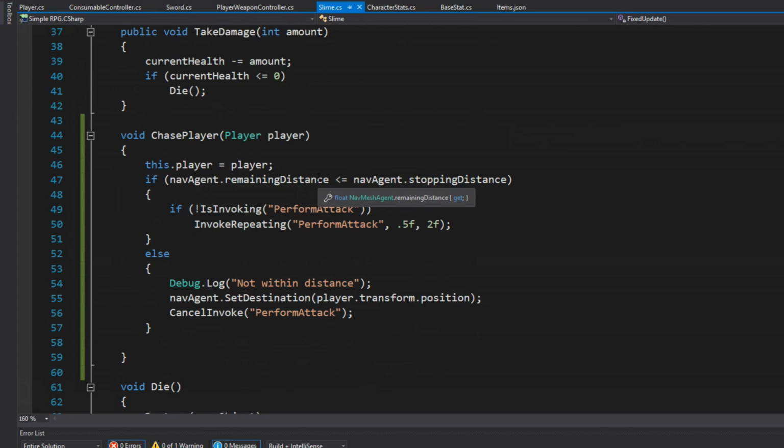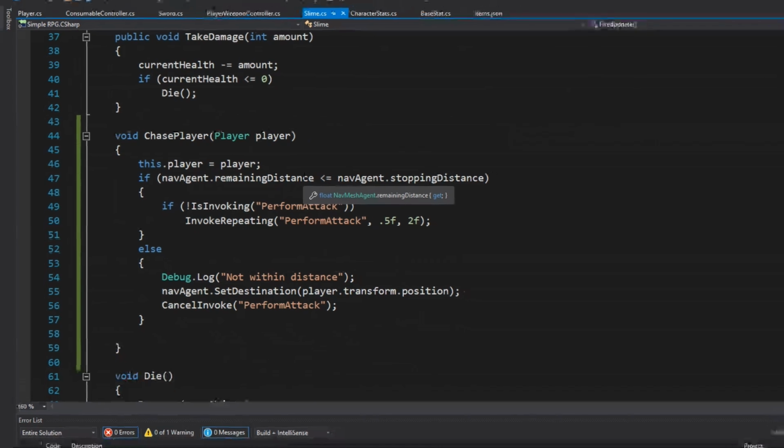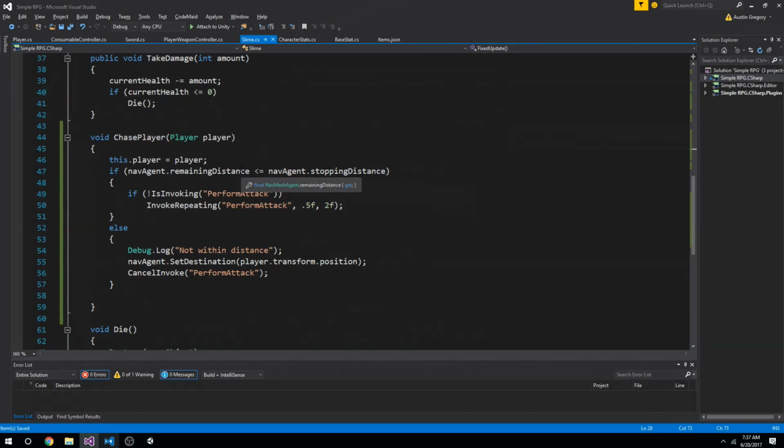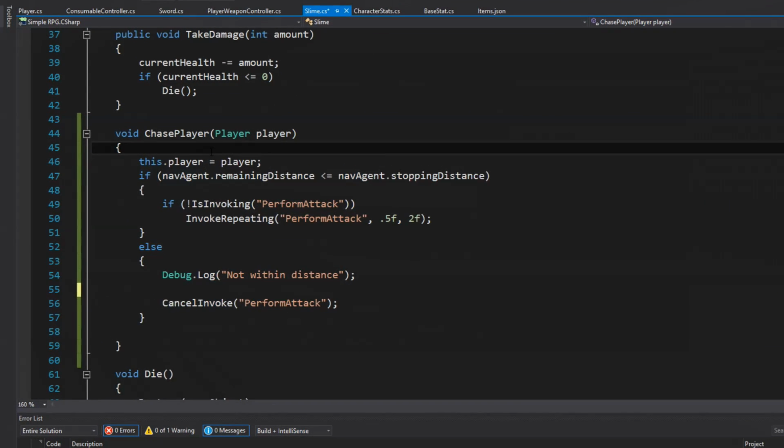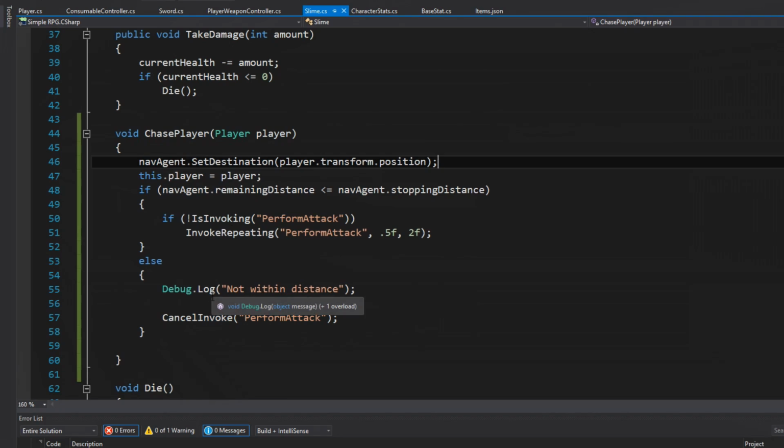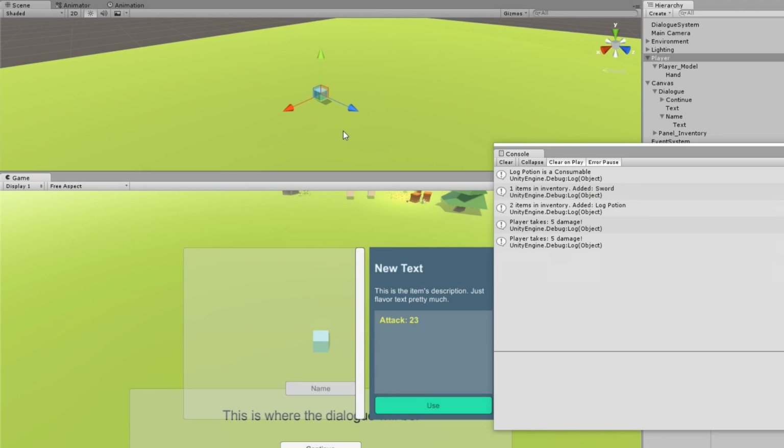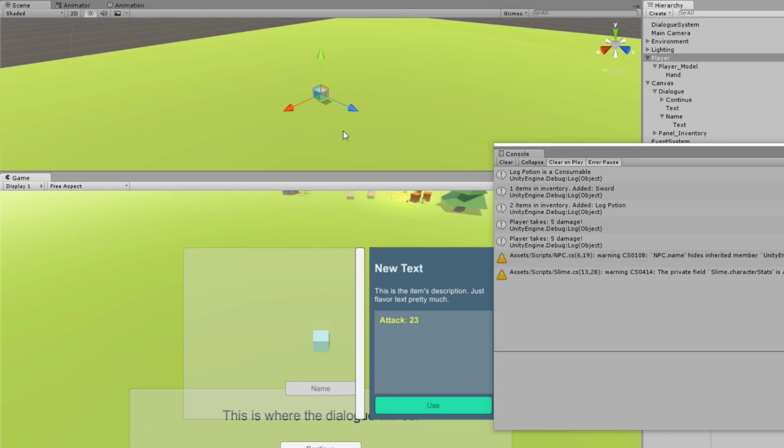But there is no destination, so there is no remaining distance. Okay, so if I have to define this before everything, perhaps,